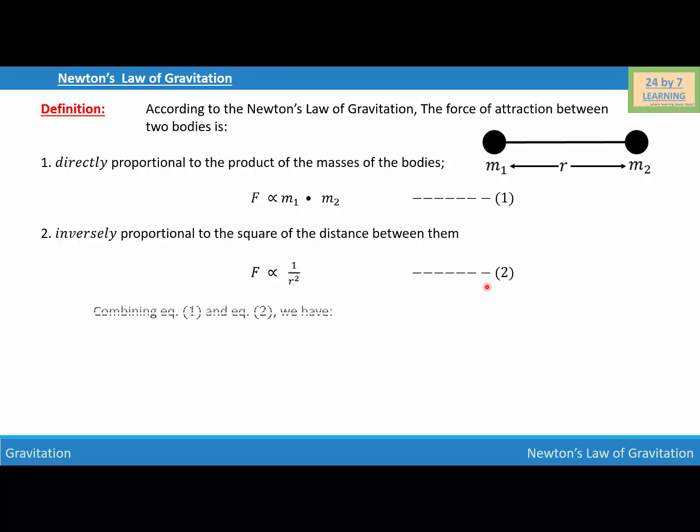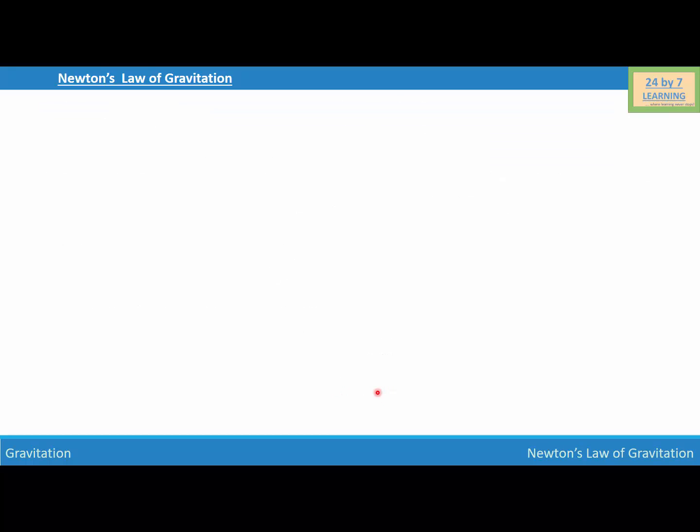Now let's combine these two equations. F is directly proportional to m1 times m2 over r square. In order to remove this proportionality sign, I'm going to consider a constant. So we write F is equal to G m1 m2 over r square, and this is basically Newton's